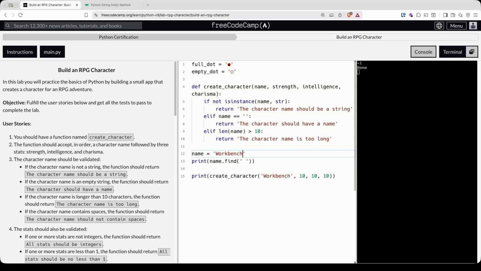So it gives us -1 because it doesn't find it. And then 7 if it is in there. Okay, so